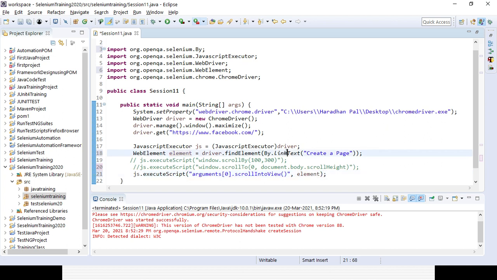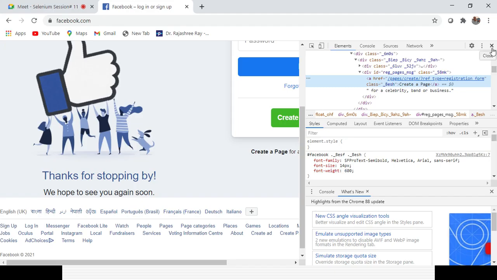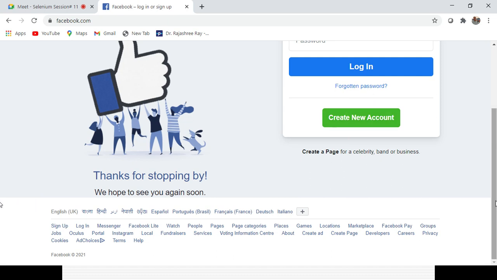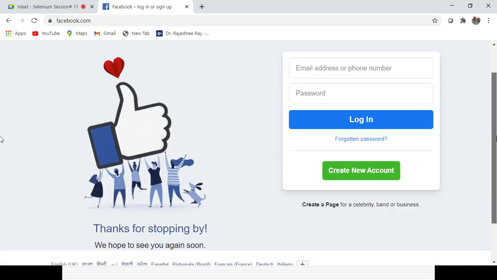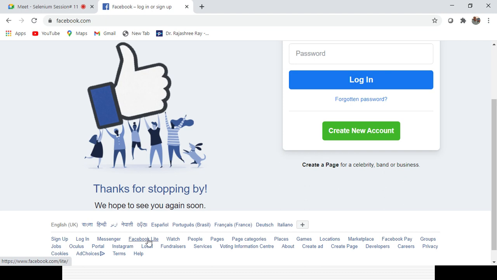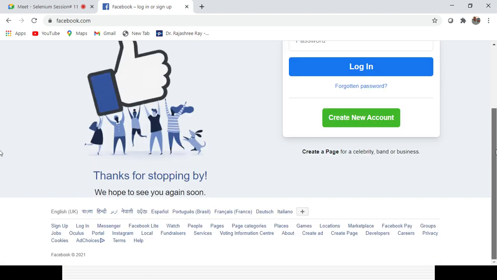Okay. So suppose instead of moving horizontally, vertically, or moving down the page, I need to identify a particular element. So I definitely need to move my scroll bar to that particular view, so that I can view this element, or maybe I can view the login button. So I need to scroll to that particular horizontal or vertical position, and I need to inspect the element so that I can click on it. Got it? Okay, so that it will move to that element.